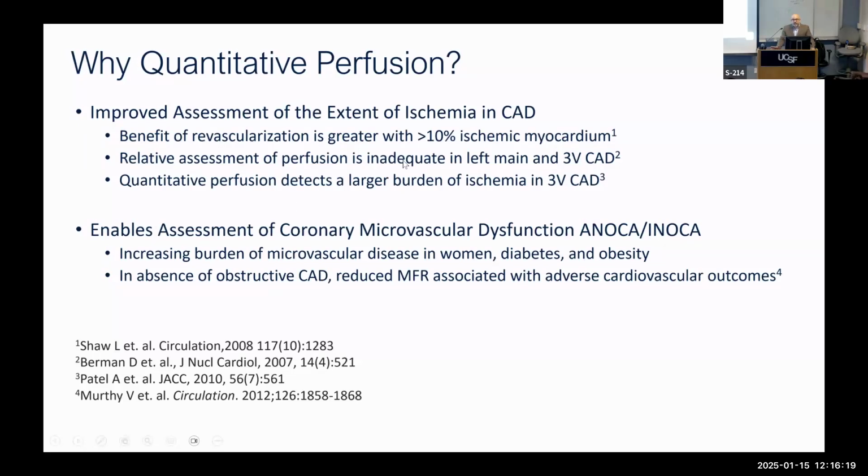In left main disease, sometimes we can underestimate the severity of ischemia, and also in three vessel disease. The issue there is that your eye tends to always look at the area that looks like the worst defect, and therefore you don't always see the other perfusion defects. And then the second area is really assessment of microvascular dysfunction in patients with either ANOCA or INOCA, as well as potentially some other applications in